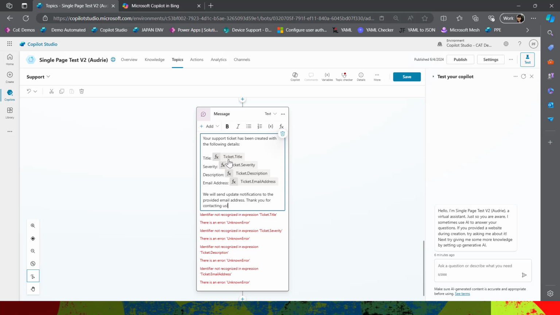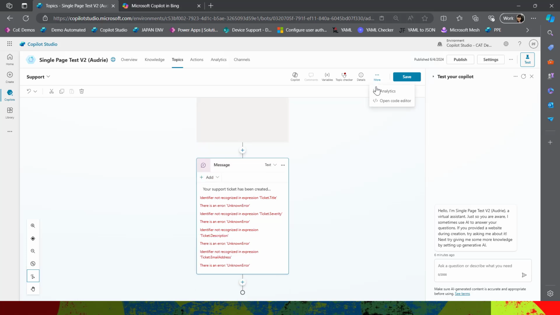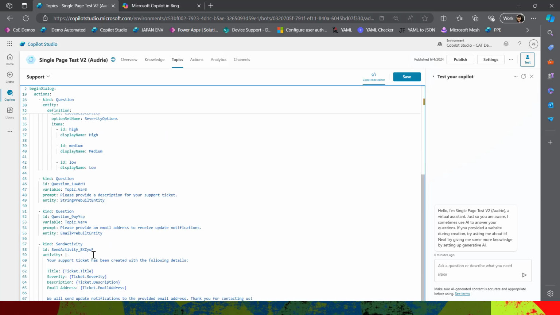And you can see in this summary, these variables don't exist. Those formulas don't exist because we just created the variables, right? So what we can do, let's go ahead and use the code editor for this. I think this is the fastest, easiest way to do this. So I'm going to open the code editor, scroll down to the send activity, and all I'm going to do